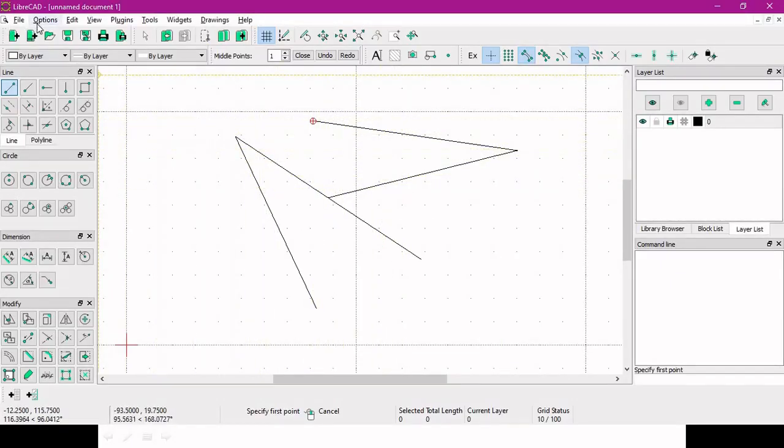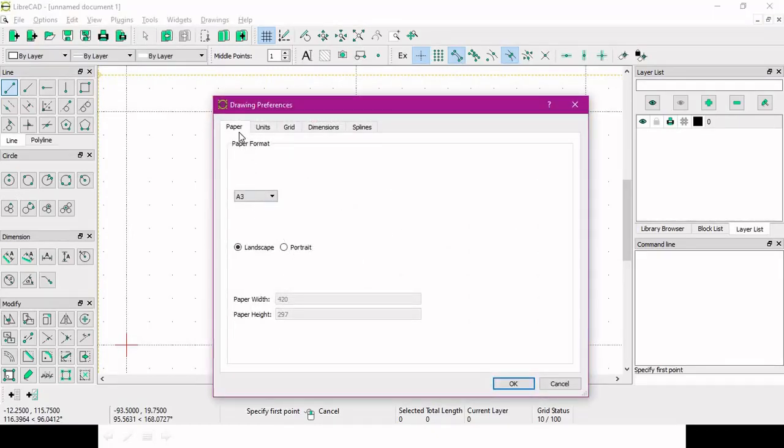As I have already told, the preferences option. Let's go to the current drawing preferences. Here the paper size is A3. I have maintained it as A3. Let's see its width. For A3 size paper, the width is 420 and the paper height is 297.